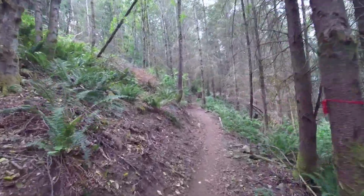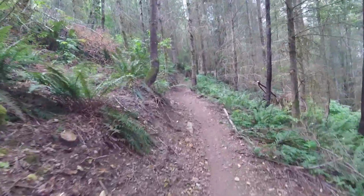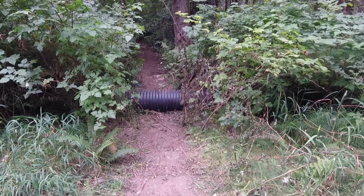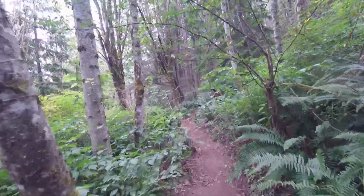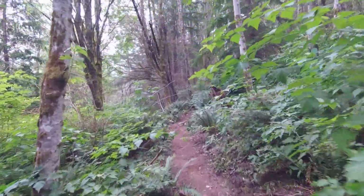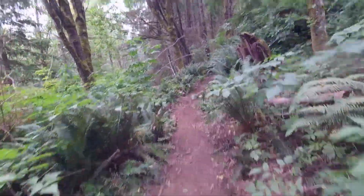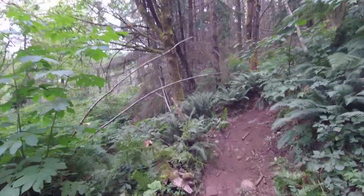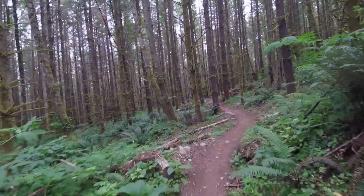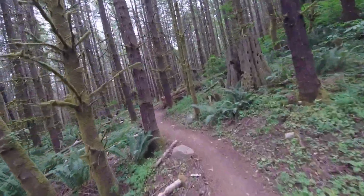Not officially complete as of the creation of this video, the Ridge Trail will start here where this culvert is currently laid across it. There is a very short, punchy hike-a-bike at the beginning of this. Now, you're going to think, oh my gosh, this is going to be horrible, because you're going to hit that really short hike-a-bike, but that's it. That's all. That's the only hike-a-bike. That's the only really steep section. And then the rest is a well-executed climbing trail for the next 9 miles till you get to the very